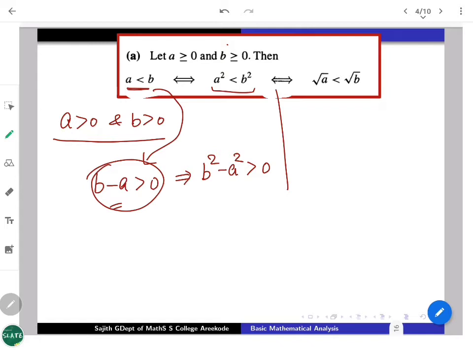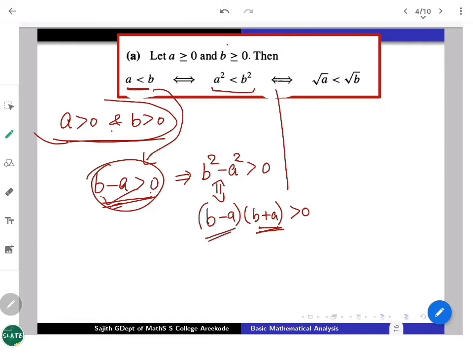Now, can you come back? These are the questions. But B square minus A square, I can rewrite very easily as B minus A into B plus A. That is greater than 0. It is the product of two real numbers. Now just compare. Our assumption is both are positive. Now, B minus A is strictly positive, and A and B are positive, so A plus B is also greater than 0. So this factor is greater than 0 as well as this factor is, and the product is again going to be positive. So that gives that answer.